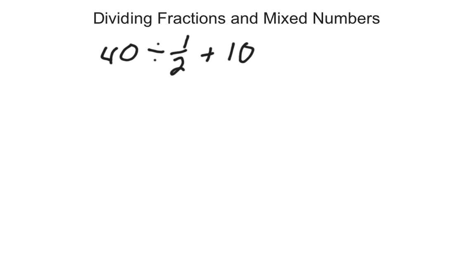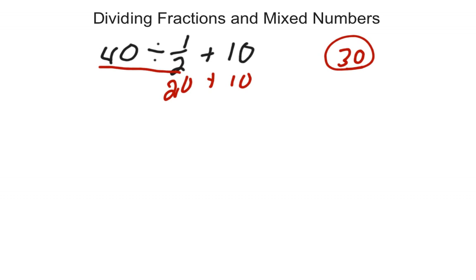Okay, so 40 divided by a half plus 10, and when I ask people to do this, most of the time what they do is this. When they start working on this and they do 40 divided by a half, they say that that is 20, and then they add 10 to it and say that the final answer is 30. What I'm going to tell you right now is that that's a wrong answer, because when we're dividing fractions,